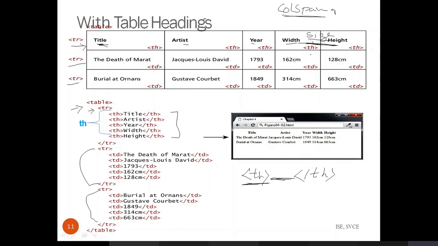Similarly, if you want to merge rows, consider here, if you want to merge these two rows, indicating these two belong to the same name, in that case you can just merge these two rows. This is one row and this is another row. You are merging these two rows using rowspan. Rowspan is also an attribute, where you need to specify this using the td tag. Rowspan and colspan. I will show the examples for this.